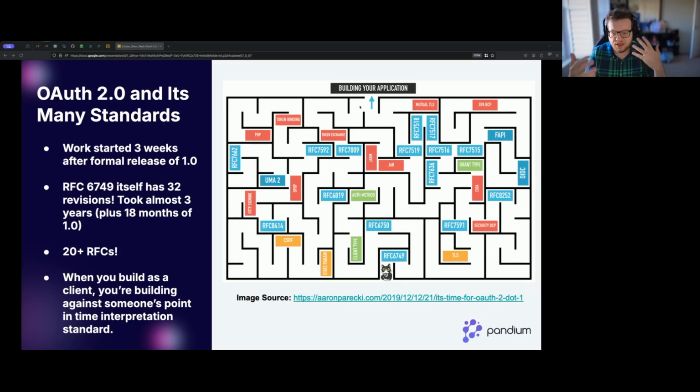It then spawned, because of all the different foot guns and all the different things we could talk about, 20 more RFCs. Just to take a step back, OAuth 1.0 does have an addendum, 1.0A, but that is the standard. So at the worst case, you're counting 2 RFCs. That is very small, and it's to clear up a bug found in 1.0. OAuth 2.0 required 20 plus more since then.